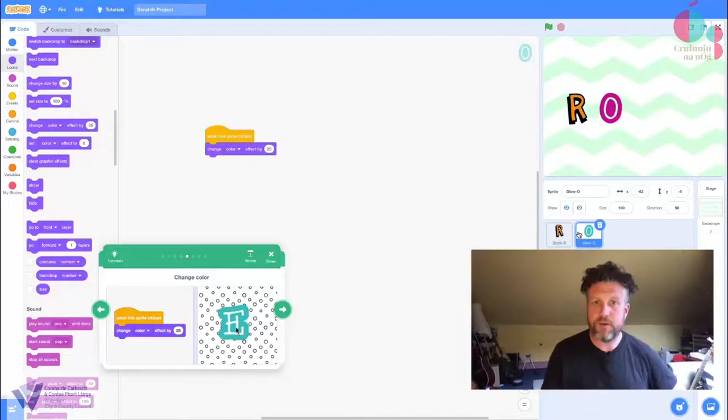Awesome. So you go and do that now. Make sure you get your second letter in, and when this sprite is clicked, change color effect by 25. If you need to pause the video and go and do that, that's absolutely fine. Okay, assuming now you have 2 letters in your Scratch project,